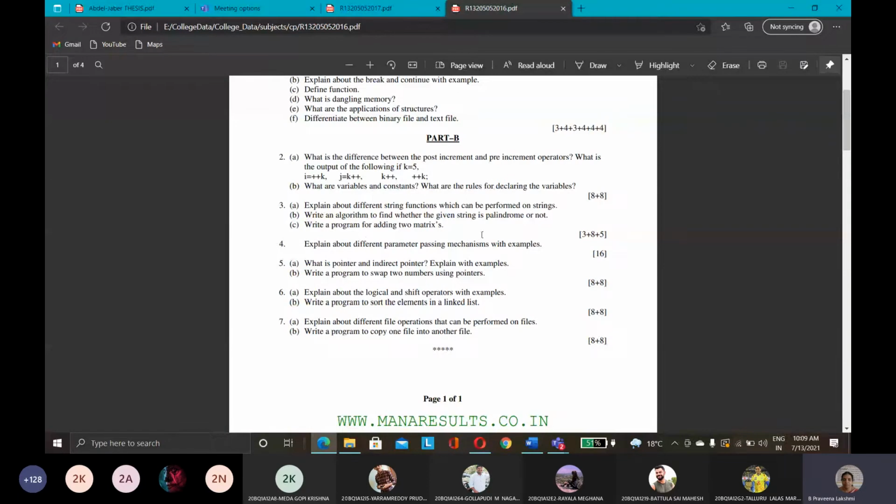Here in this also, the array-related program is only adding of two matrices. There is only one program which is used to add the two matrices. Another program is related to strings, character arrays, and another one is two matrices addition. These are the two programs related to the arrays.